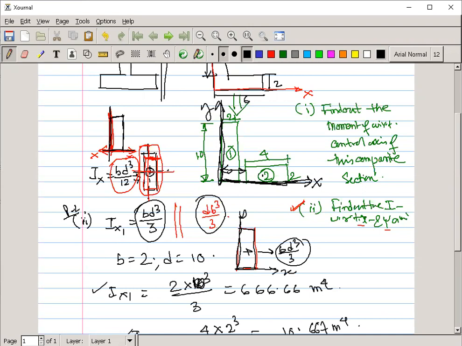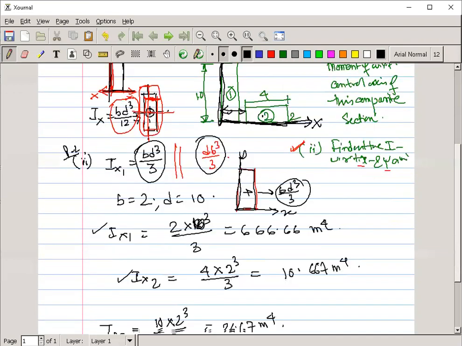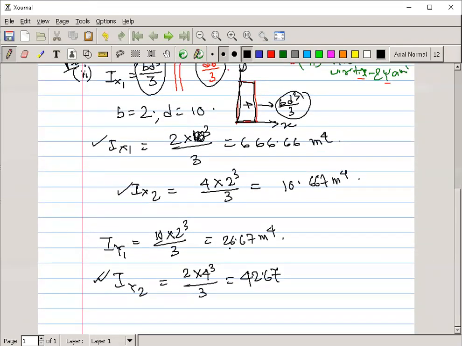No connection, right? So here we simply have to apply the parallel axis theorem. For the parallel axis theorem, what did they tell? Our concept for this case is not correct; we cannot apply this formula. So what do we have to apply? I of y2 is equal to, when the axis passes through the centroidal axis of that body, bd cube by 12, plus the area of that body into the square of the distance between the two axes.